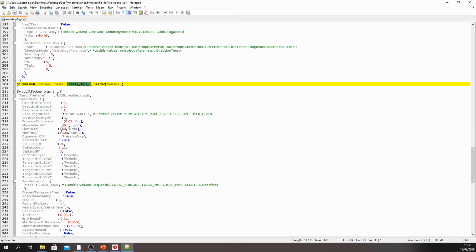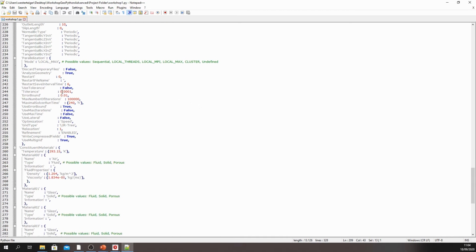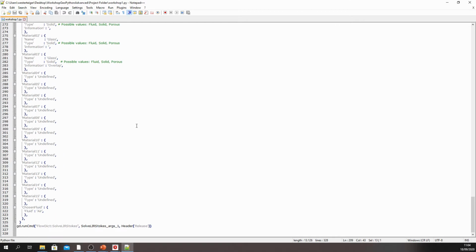And this is followed by the flow simulation. Again, all the arguments for the flow solver. For example, you can find the tolerance and all the other stopping criteria here as well, and boundary conditions, etc. And again, this is followed by another run command call, which actually runs the flow solver.